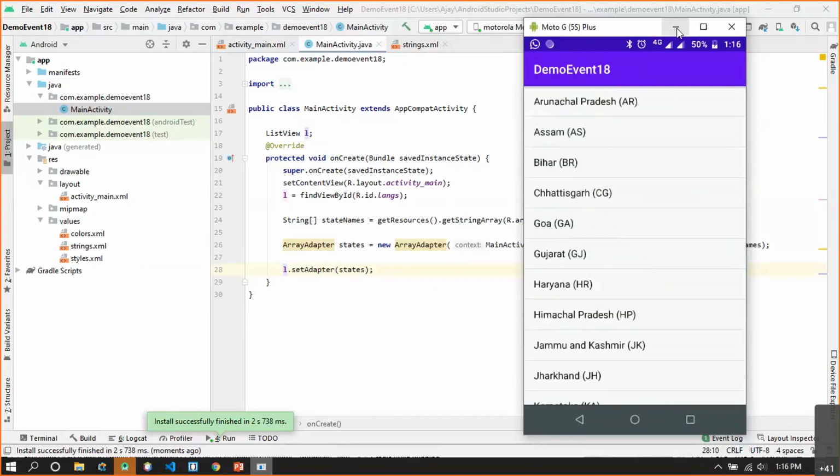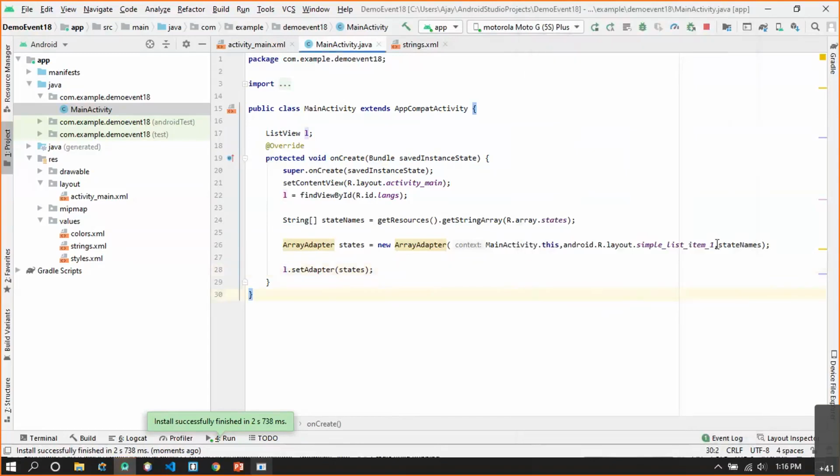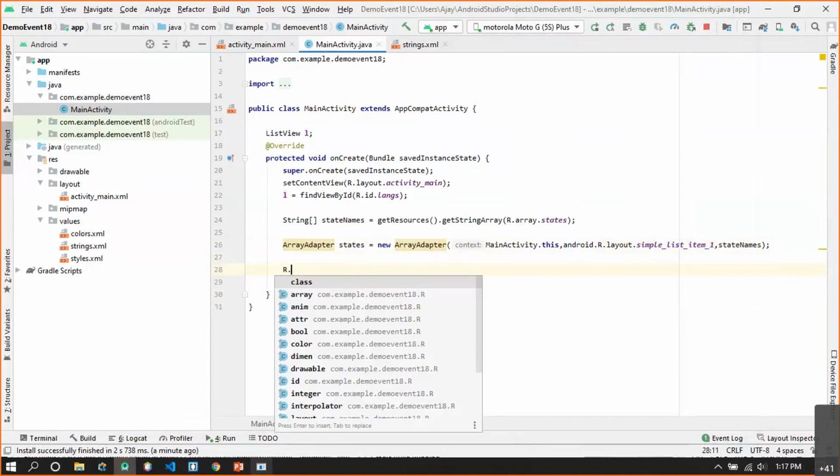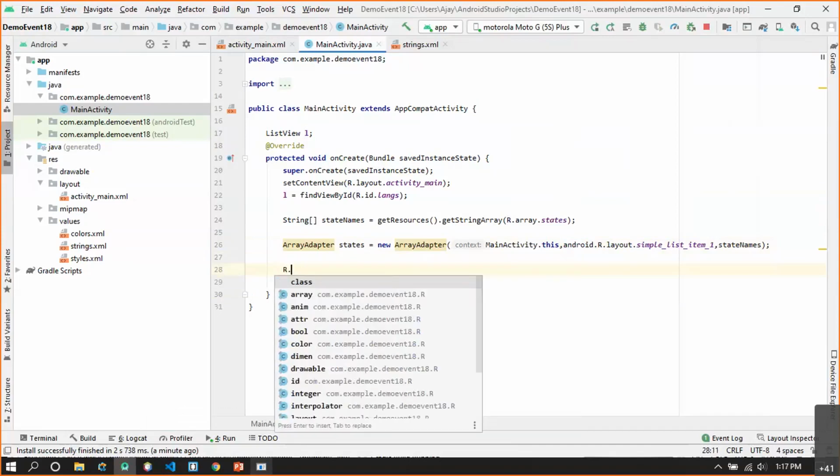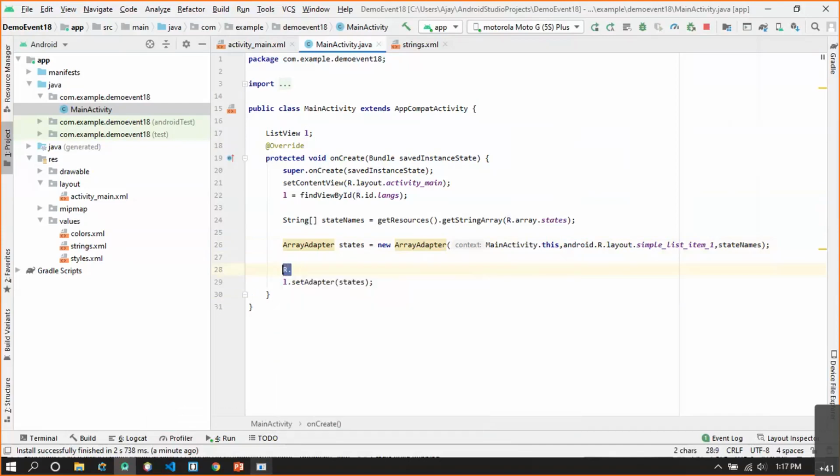Now the thing I said earlier, what is this particular second parameter? As I said already, this second parameter is nothing but a predefined layout style which is available inside the package android. So always remember, if you are defining your own layout, it should be accessed with R.layout. Or if you are defining your own resource, it is accessed with R. So your own resource will always start with R. Now if you want to access some predefined resource, it will start from android.R.